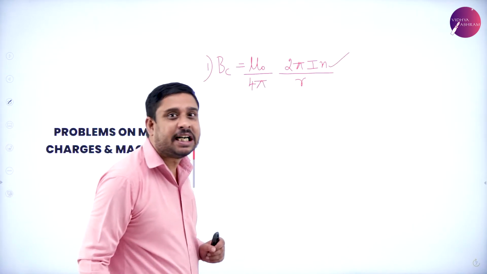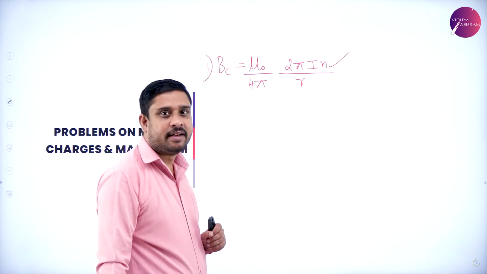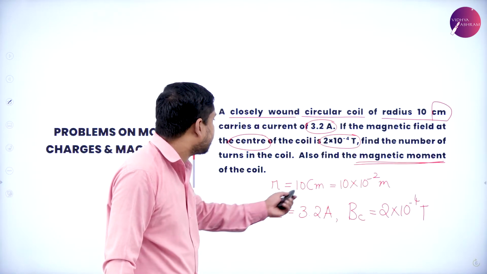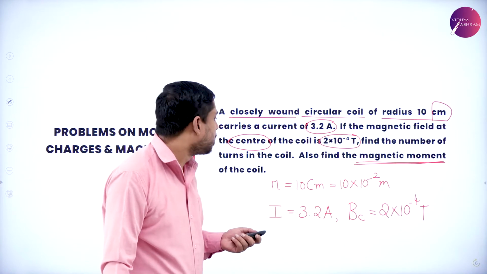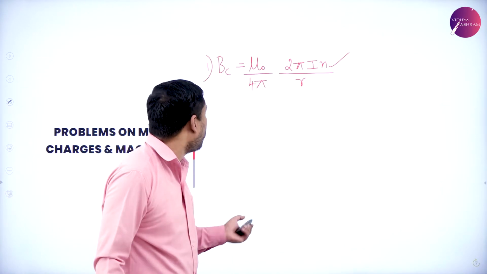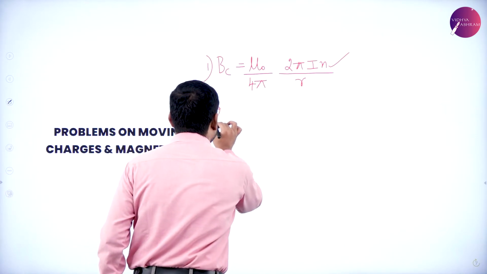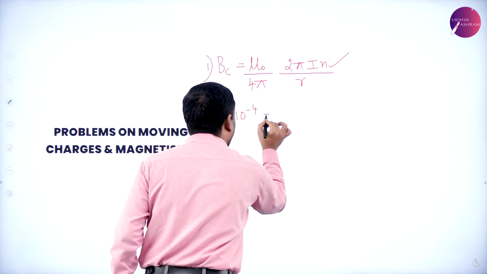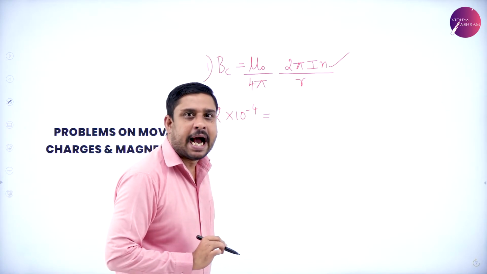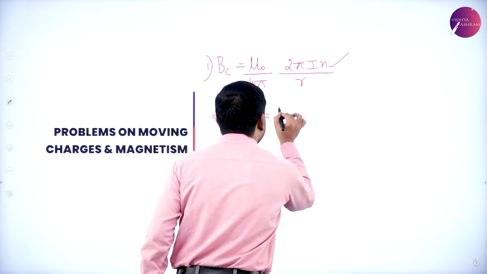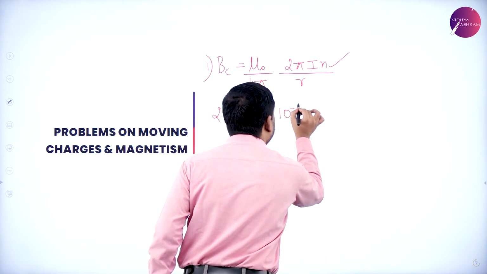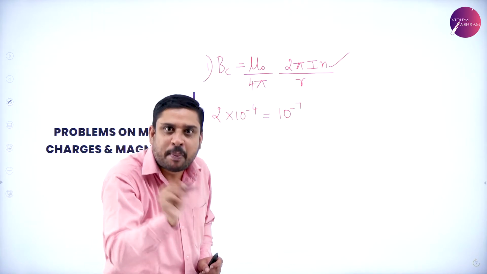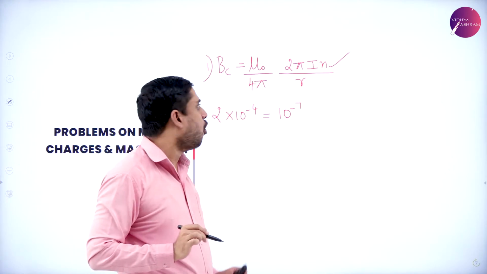Number of turns, N. So BC is given to be 2 into 10 power minus 4. Again the value of mu naught by 4 pi is 10 power minus 7, because 4 pi gets cancelled with 4 pi,